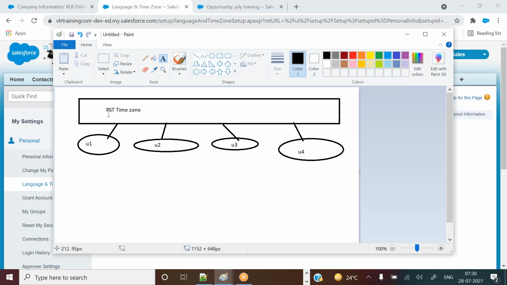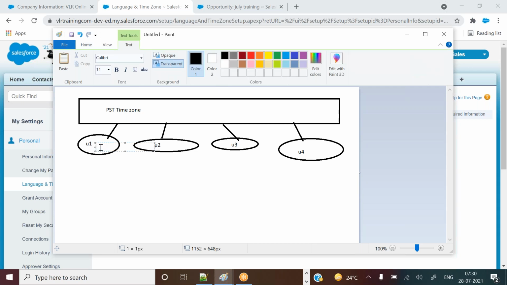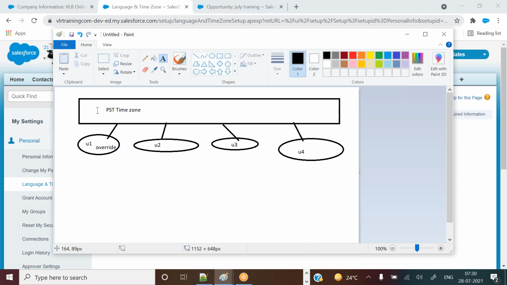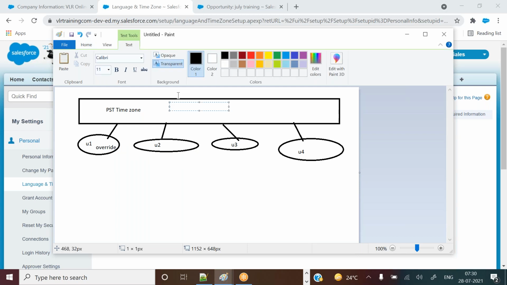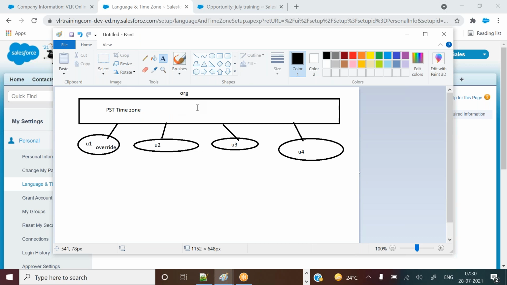And now you can override this time zone directly by going here. That means this is org-wise. In the org you can set one time zone, and by default when any user is created, this time zone is applied.